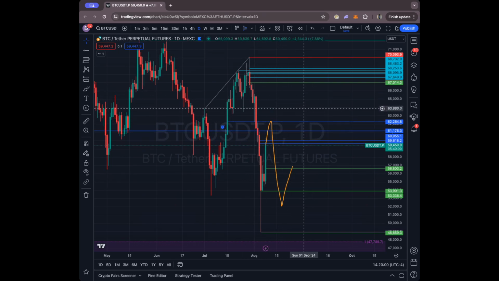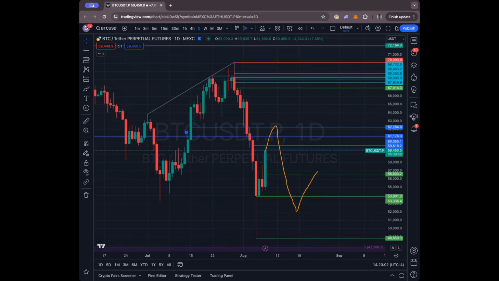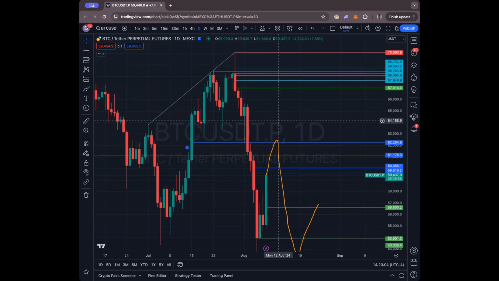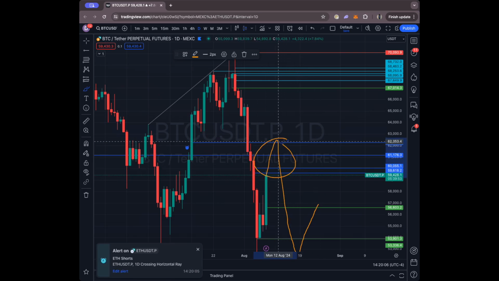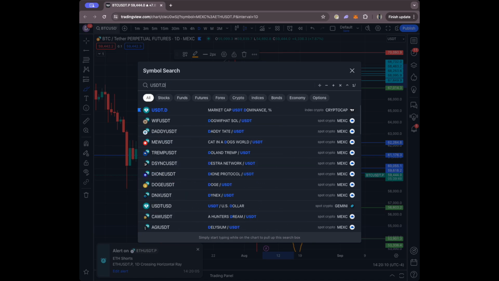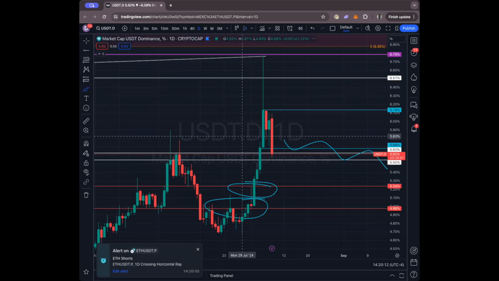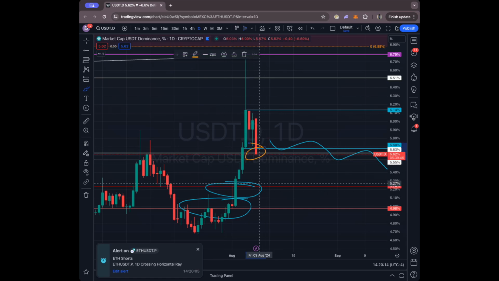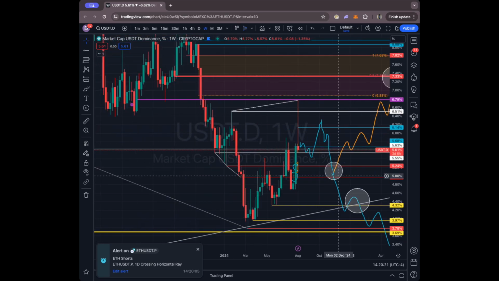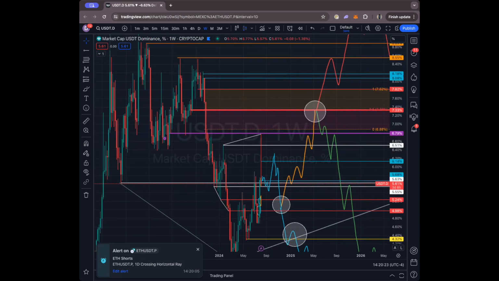But effectively, if I was to take the short on Bitcoin, it would be in one of these two zones, right? It would be up over here, or over here. This aligns with USDT dominance, right? If we go back to USDT dominance, same thing. It would either be right here or down here. Those are the two spots we're looking for shorts,